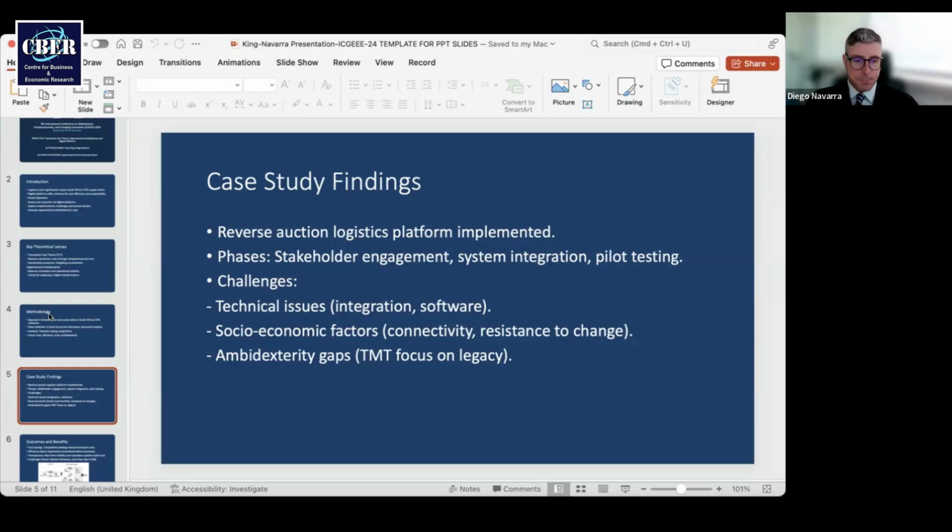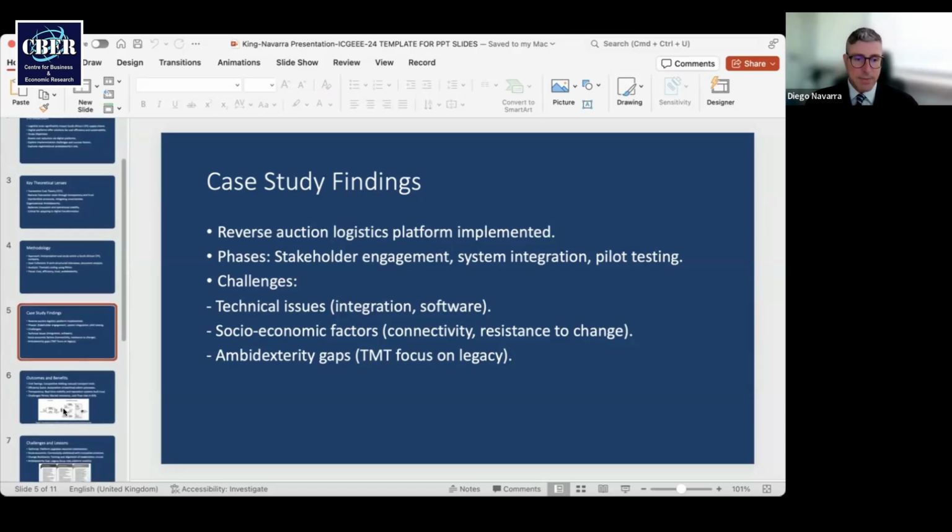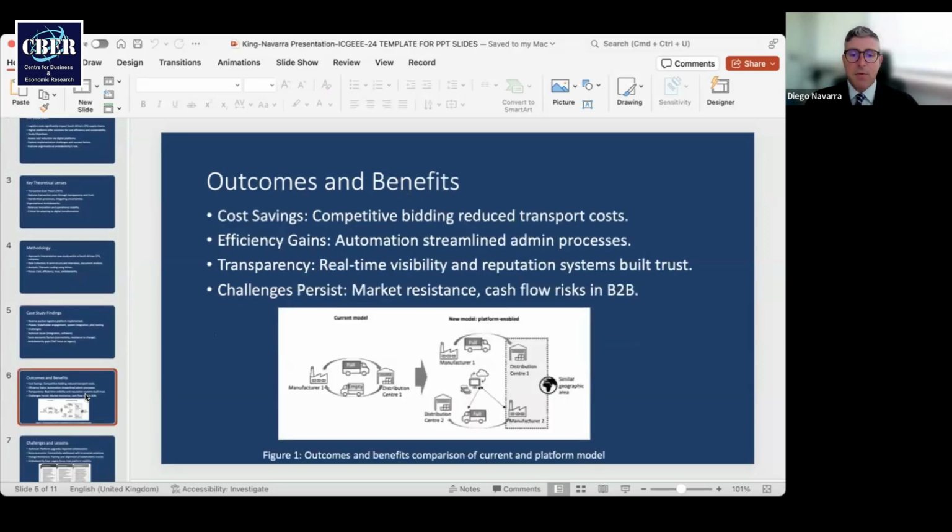But of course, if on one hand there were outcomes and benefits perceived, and these were indeed delivering some results